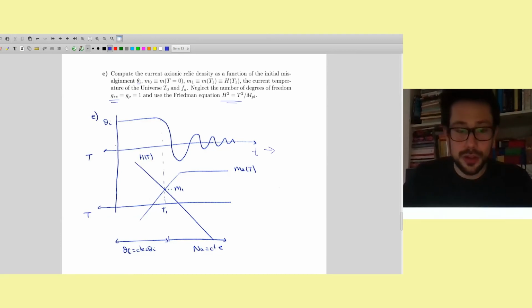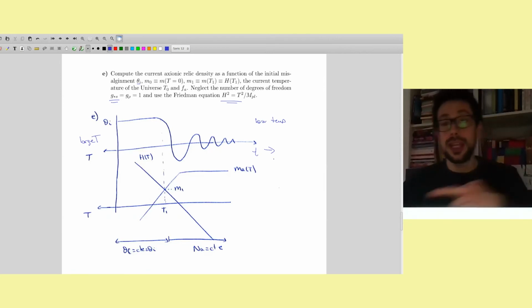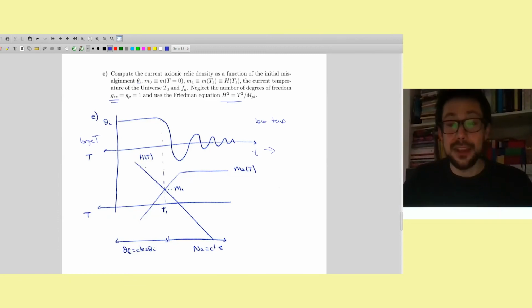And then temperature here, this is large temperature, and this is low temperature. So I invert the sense of the temperature in this plot, right? So this means that the time evolution goes to the right, and to the right we go to smaller and smaller temperatures, right? So at the very beginning, when the universe is quite hot, the Hubble parameter is really large,